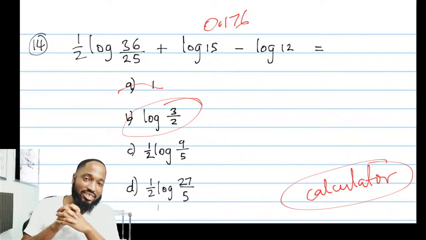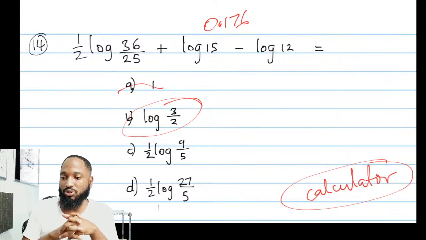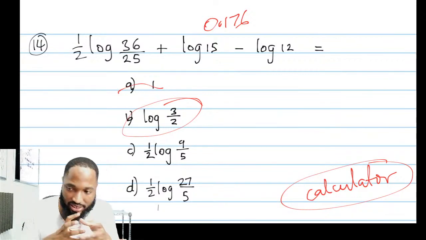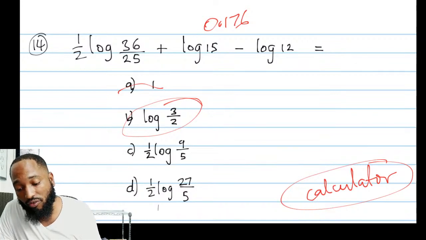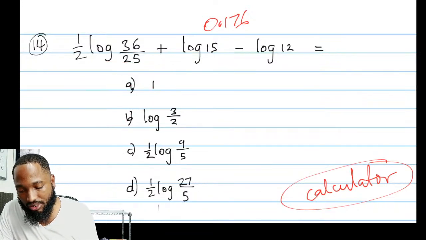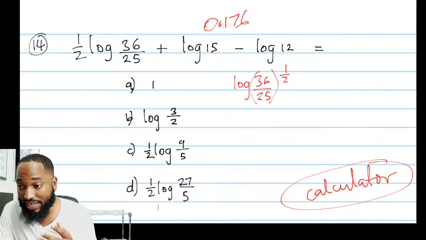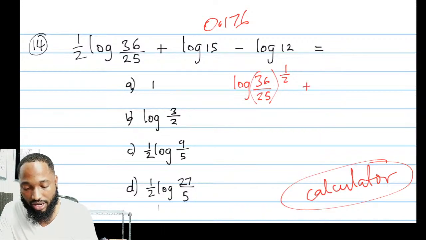A lot of these questions, logs, you can use substitution, you can use other methods to try and weasel your way out of the question or verify your answer if you're feeling a little shaky about it. This question is testing some laws of logs again. So what you'll do is bring up that half. And you know that fractional power indicates roots. So the power of a half indicates that we want to get the square root of that. So there, log 15 minus log 12.